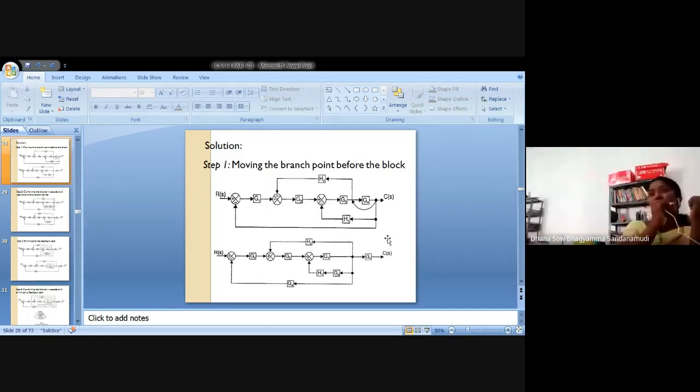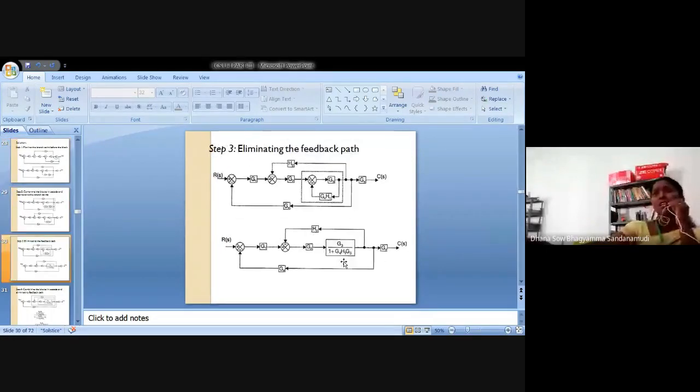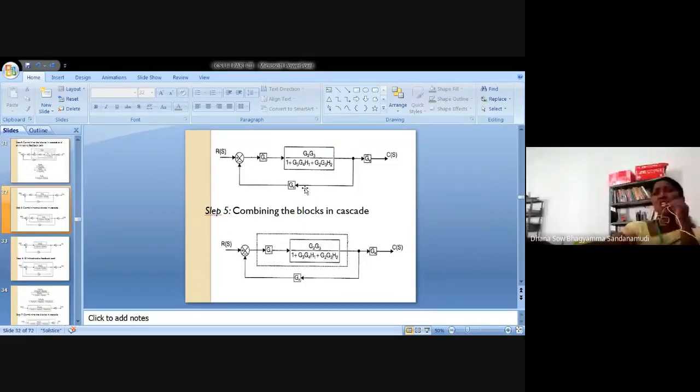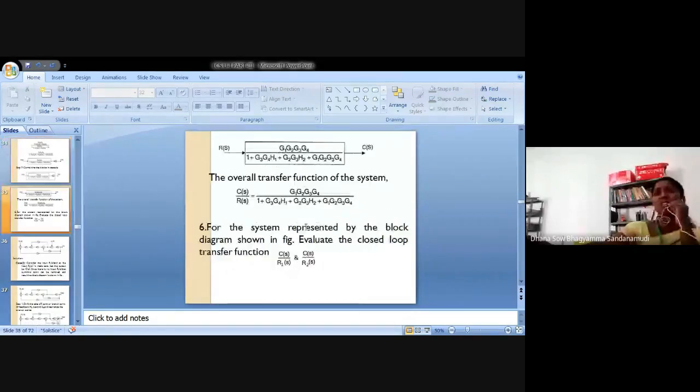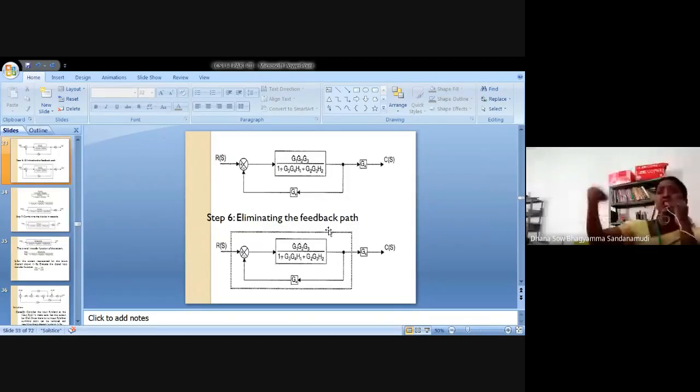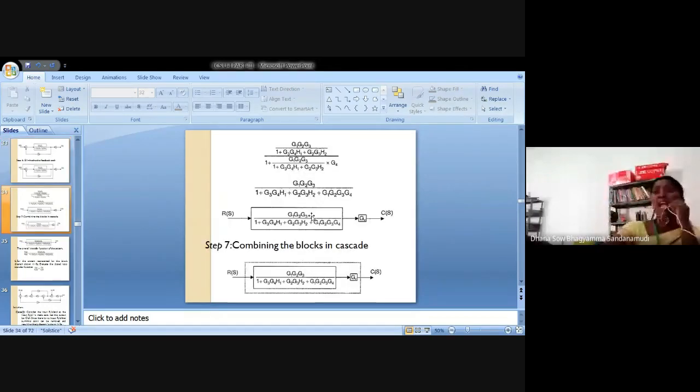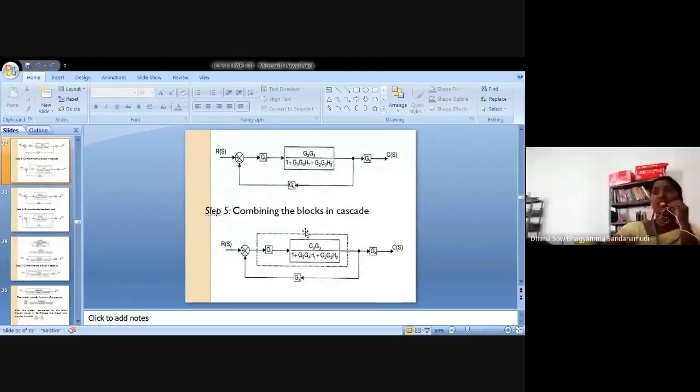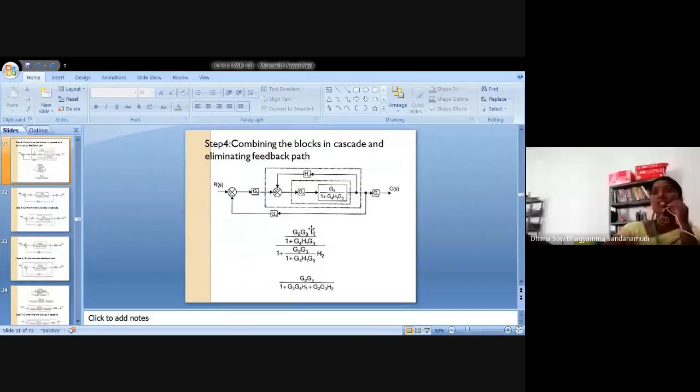So even though terms are different, terms may vary slightly. Why? Because these are only terms, isn't it? They are not the actual values. We are solving using some terms G, H, H1, H2, something. So when you substitute, whatever equation you get, of course, the equation may vary. Transfer function equation may vary.